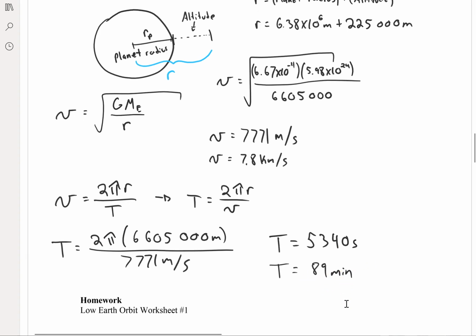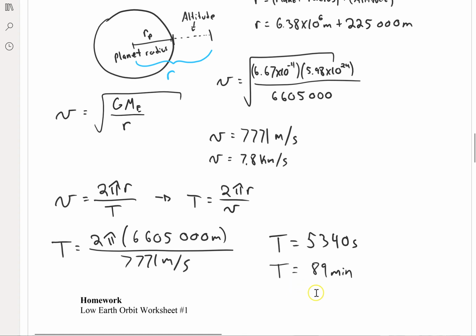And this isn't just a made-up physics worksheet. This is actual numbers and data from our planet. So the orbital period for something in low Earth orbit is 89 minutes. So something like the International Space Station goes once around the entire Earth every 90 minutes. So if you're an astronaut on the space station, there's like a 90-minute day-night cycle. So like every 45 minutes it's day, and then the next 45 minutes it's night, and then the next 45 minutes it's day, and you keep going like that,